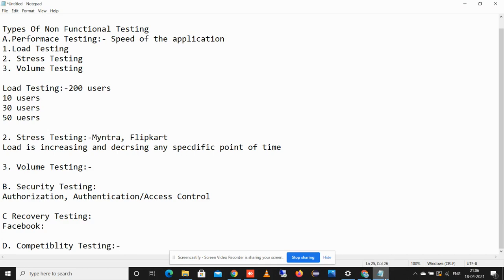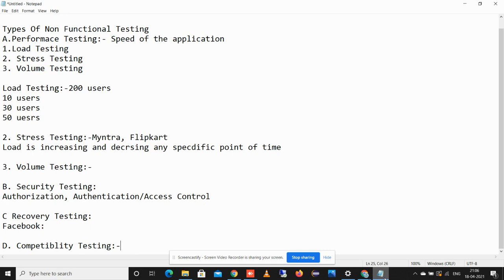Then the next part is the compatibility testing. To check that the software and application are compatible on multiple platforms, multiple browsers and multiple hardware configurations, we need to verify all of this for compatibility testing. Especially for a web application, it should be compatible with the Chrome browser, IE browser, Firefox and many more browsers. For that we need to see that the application displays properly in each and every browser, which is called cross browser testing. For a product-based company, we need to install the software on many more operating systems like Windows, Linux, Mac.